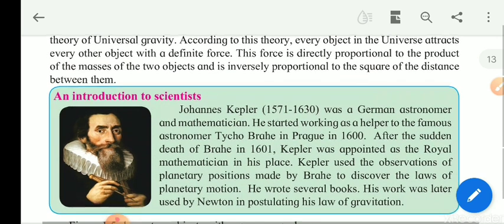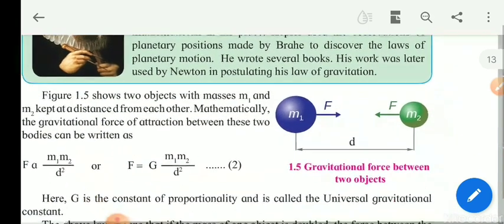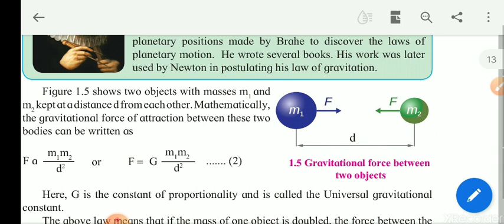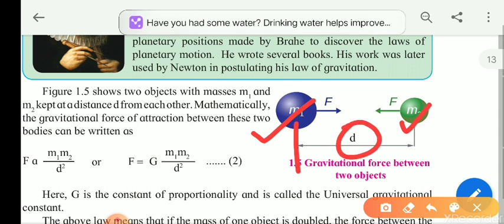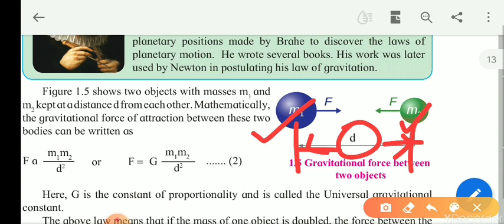He explains it with a simple diagram where he indicates that there are two objects m1 and m2, having masses m1 and m2, and they are apart by a distance d, meaning they have this distance between themselves, then the relation between them